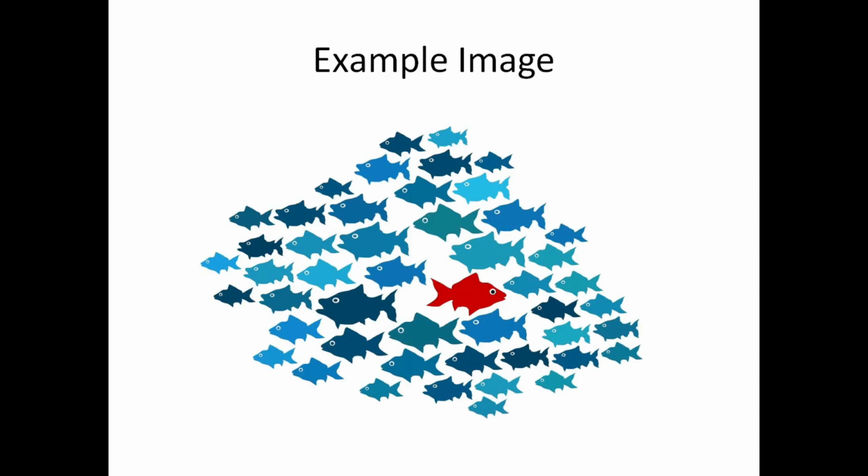So look at this picture. It has some group of fishes. This picture has two variants of fishes. The blue one is the good fish and the red one is the bad fish. By using the differentiation of colors, we can easily detect the anomalies present in the example image.